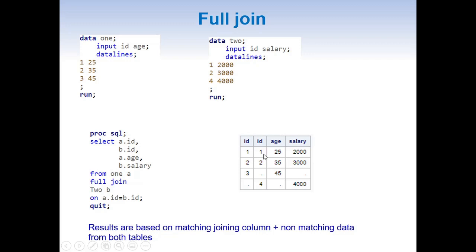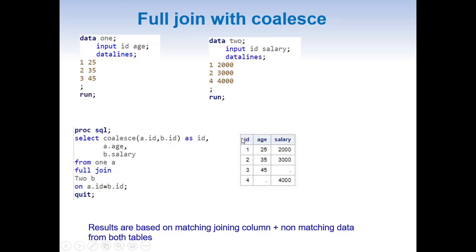Say here we have id 1 and 1, it picks up the first non-missing value 1, and that is what we want. Here it picks up 2, and in this case this is the first non-missing value, it picks up 3, and in this case this is the first non-missing value, it picks up that one, and it makes it look